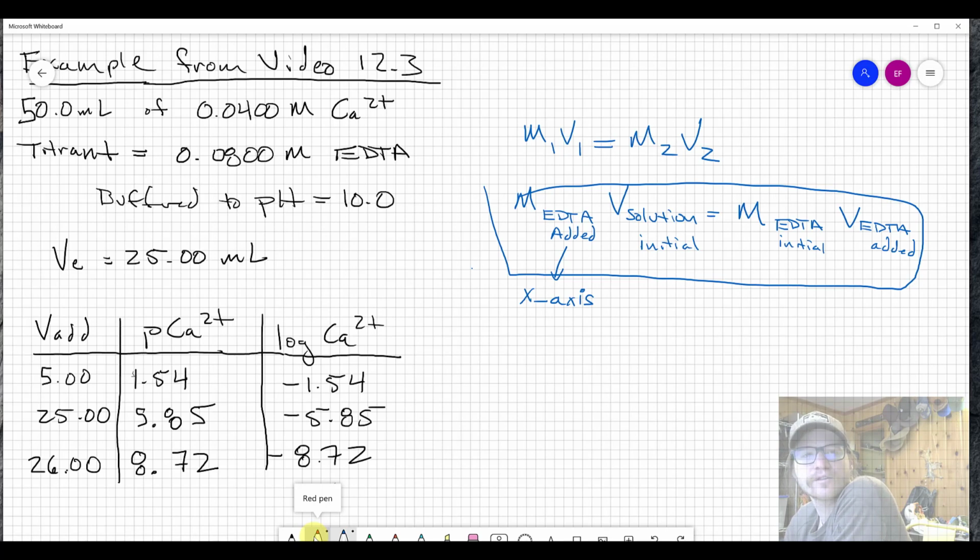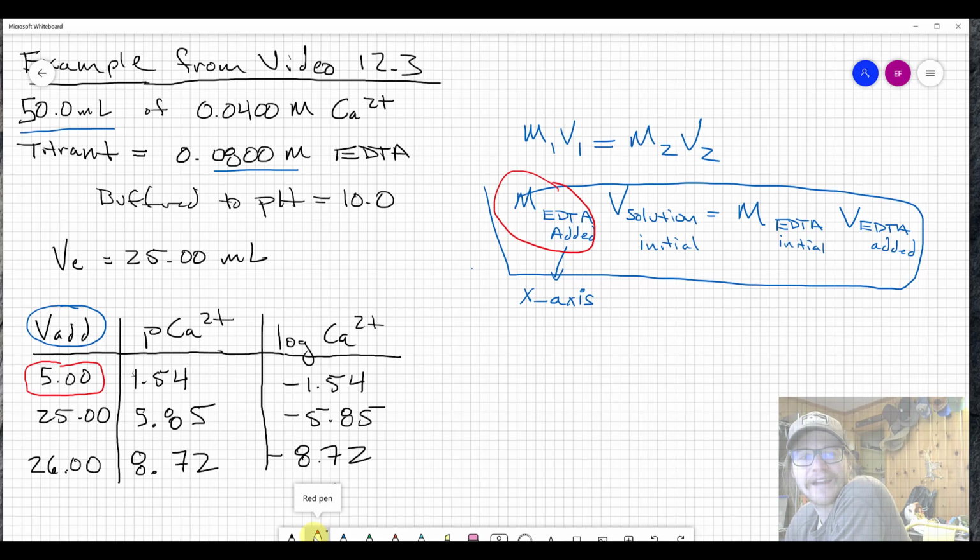V is our initial solution volume, which would be the 50 mLs. The M EDTA initial would be the titrant concentration, so 0.08 molar, and the V EDTA added would be the equivalent of how much of that stuff that we added to the solution at that point. So, for instance, if we wanted to compute the apparent concentration of EDTA on